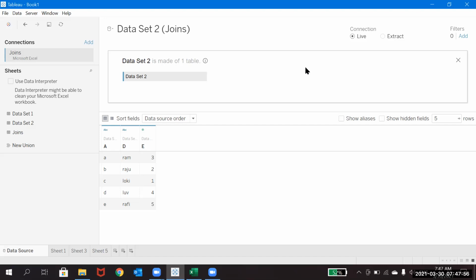Okay, so now for your reference, let's check this cross tab joins here. I think yesterday we forgot to tell you about cross tab joins.